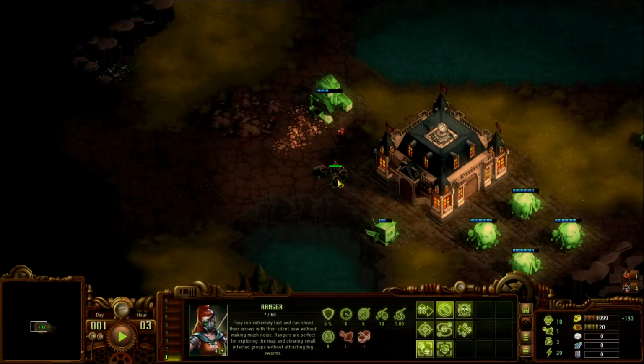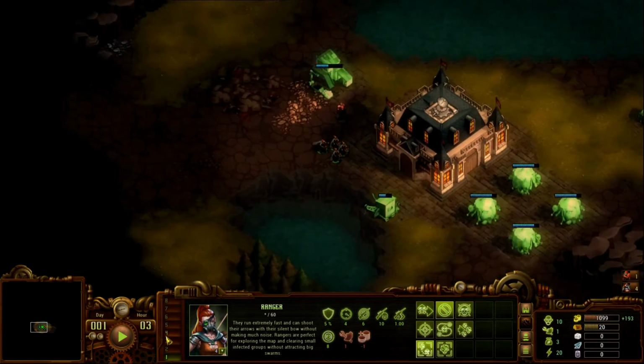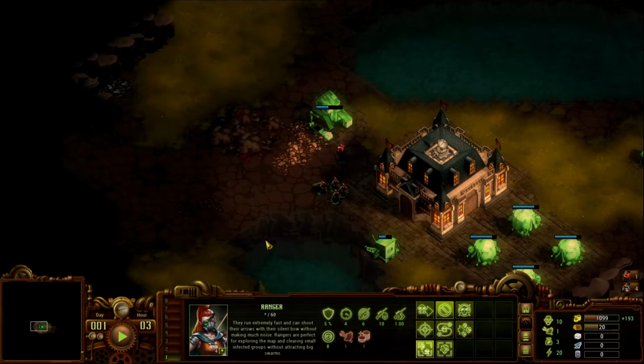Let me pause again here really quick. If you look down in the menu in the lower part of the screen, next to the ranger, you have 1 through 8. These are the groups. So you could make just a group that's nothing but rangers, or you could combine different group types. But once you have them selected,